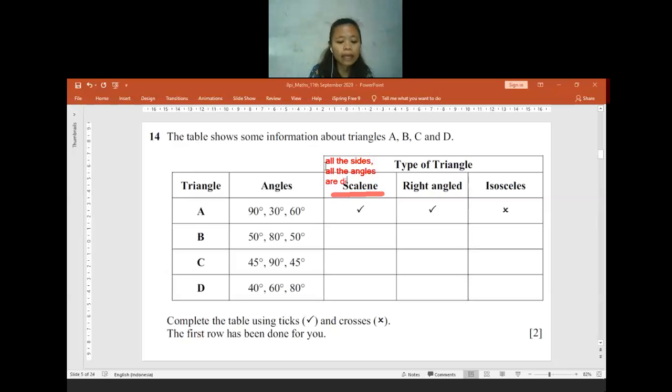What about a right angle triangle? Yeah, right angle triangle. In here, there is a right angle triangle. Is it only two different angles? No. What does it mean by right angle triangle? Maybe you can check from the word right angle. What does it mean by right angle? Yeah, there is a 90 degree on it. It has 90 degree on it.